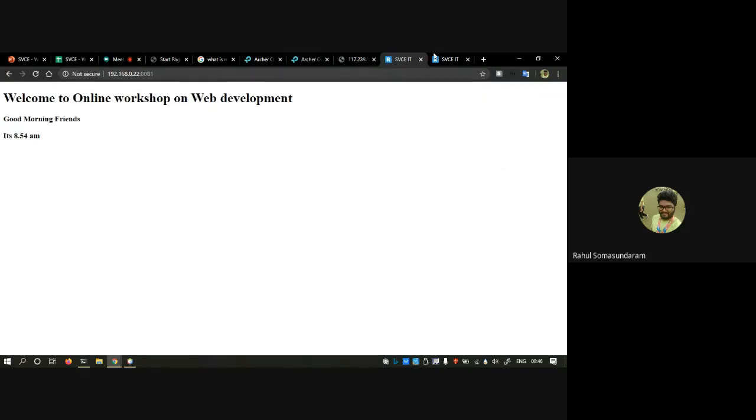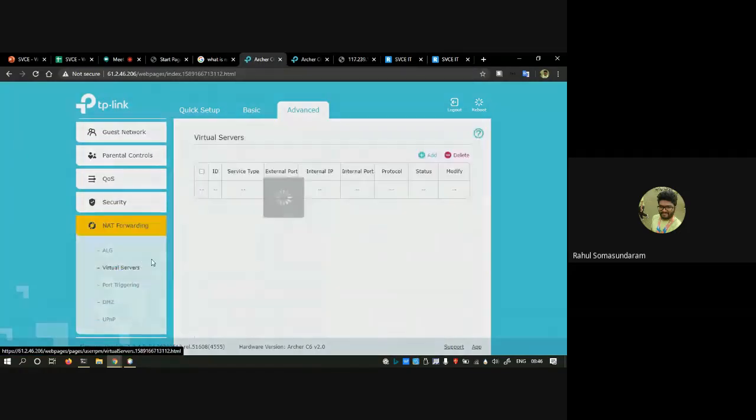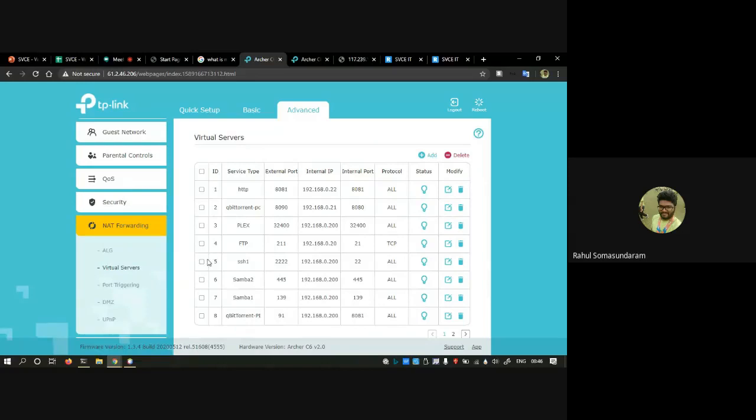So this is the same page. As you can see, this is accessing from public IP. This svc.ddns.net colon 8181 is being accessed by public IP, and in local I am running it under port 8081. So what I have done in my router is that you can just search for virtual service or port forwarding. The term differs from router to router. As you can see, I have just made an entry here.